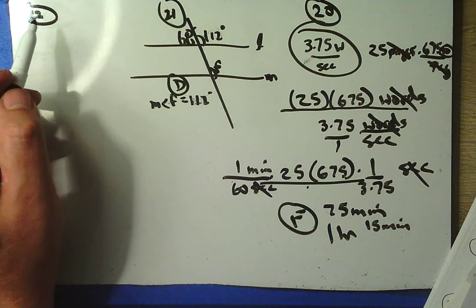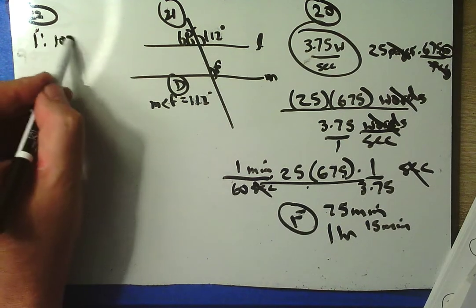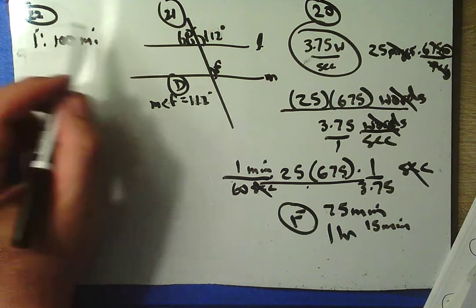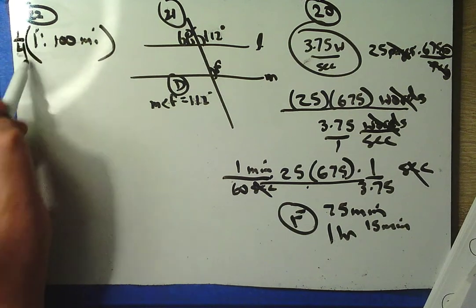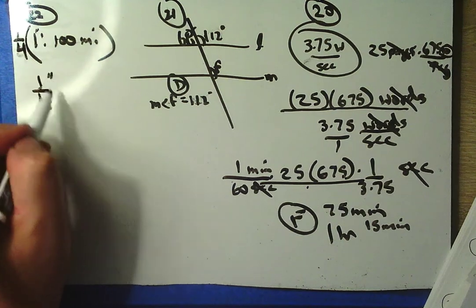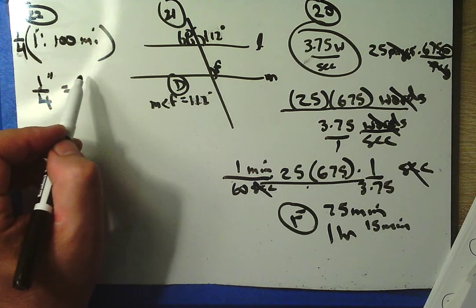A geography teacher has a map on her wall where the scale is 1 inch on the map is equal to 100 miles in the real world. She uses the school's copier to shrink the large wall map down to the size of a piece of paper to hand out to each of her students. To do this, she makes the map 1/4 of its original size. And so now it's going to be 1/4 of an inch on your student map equals that